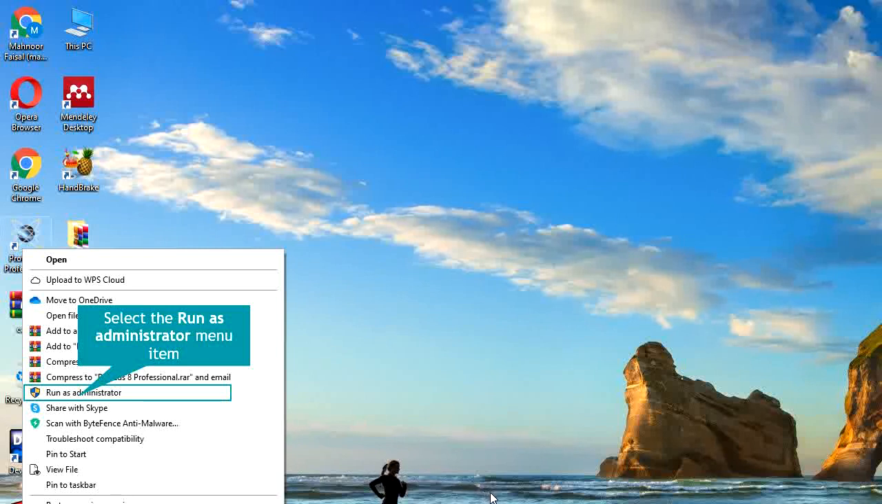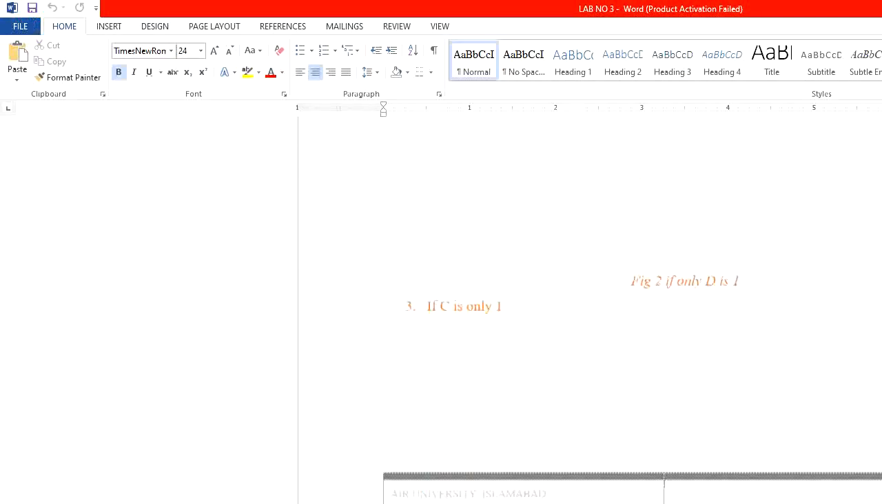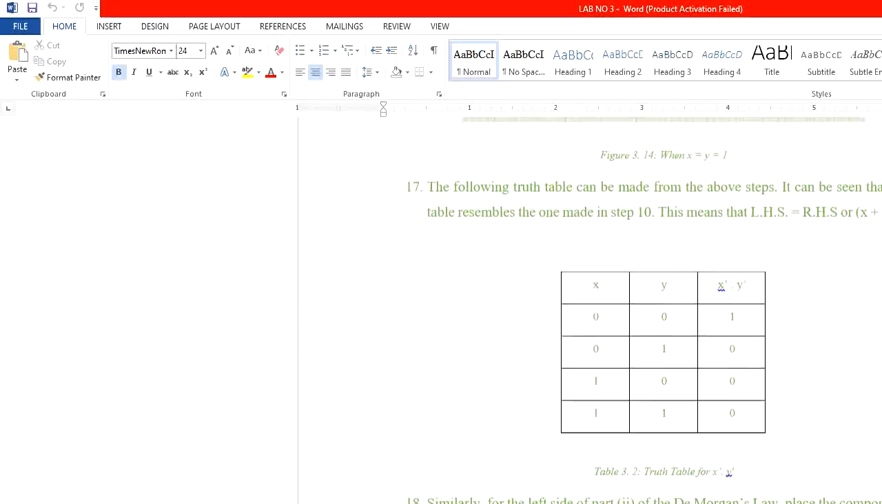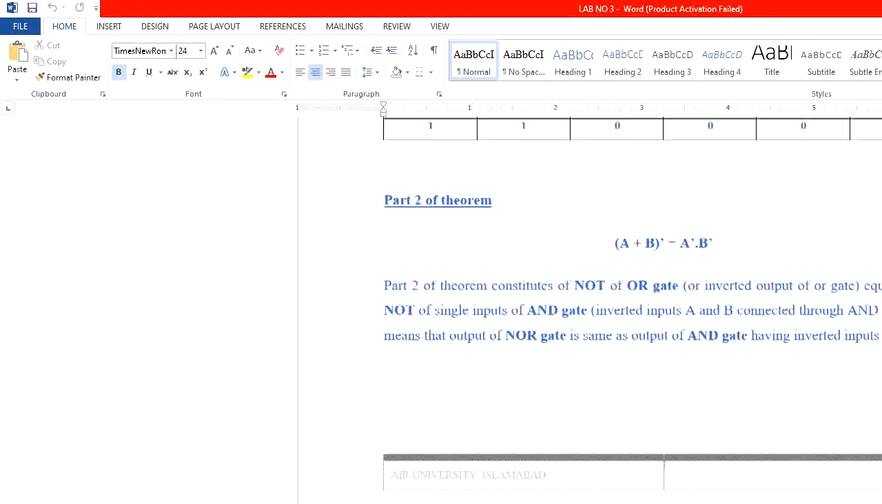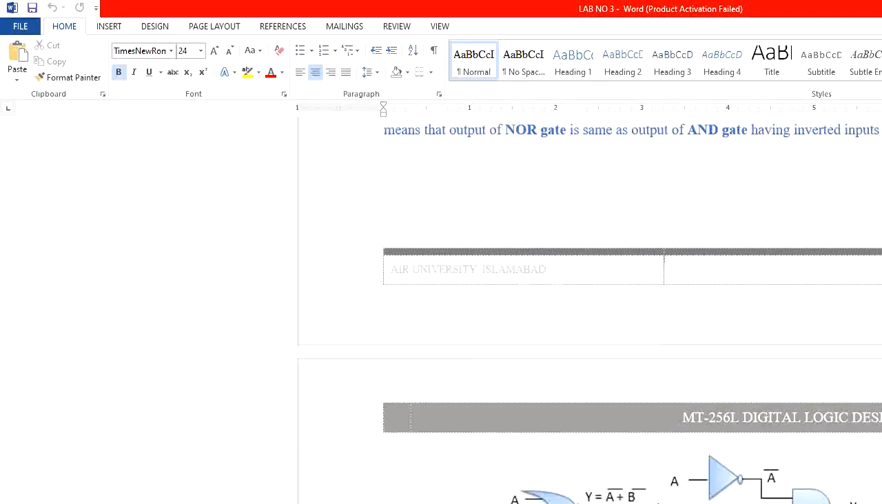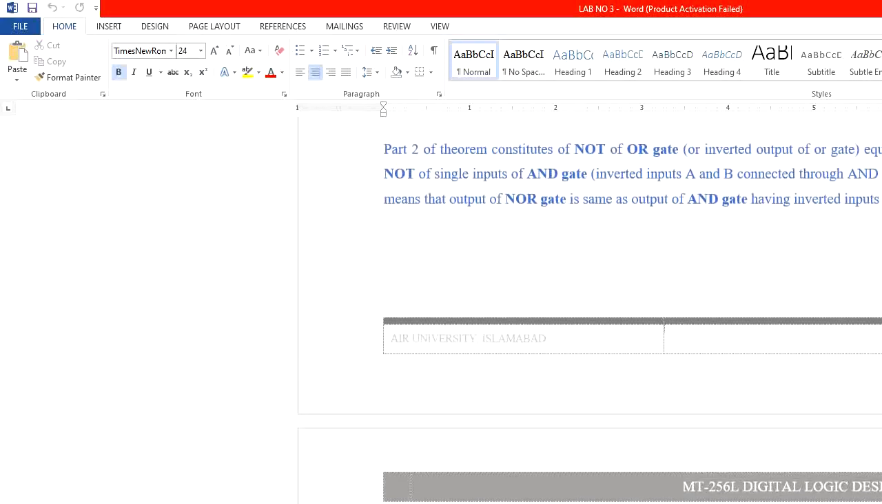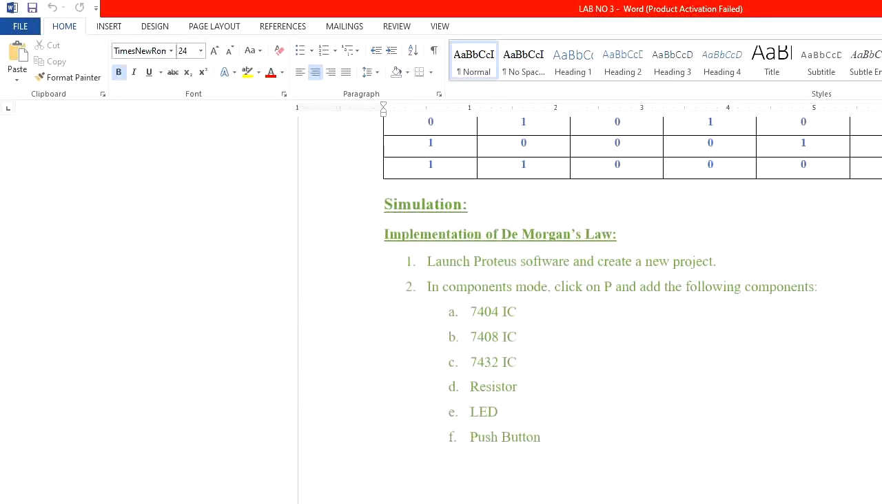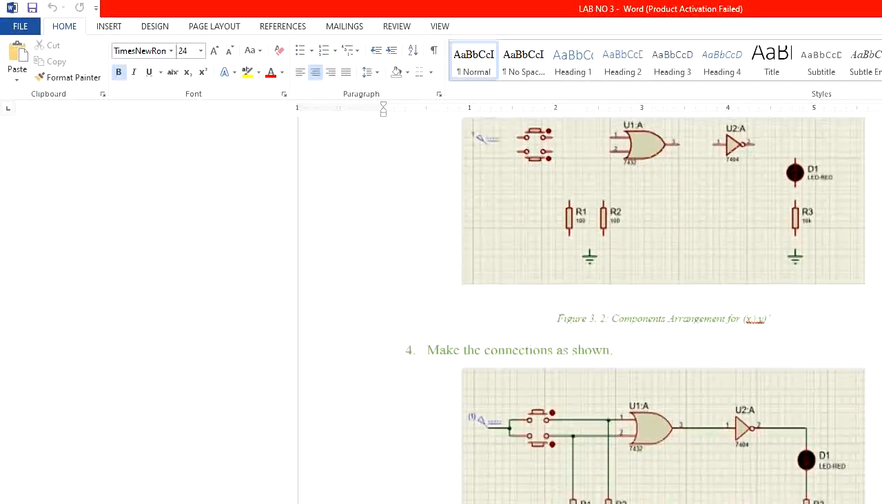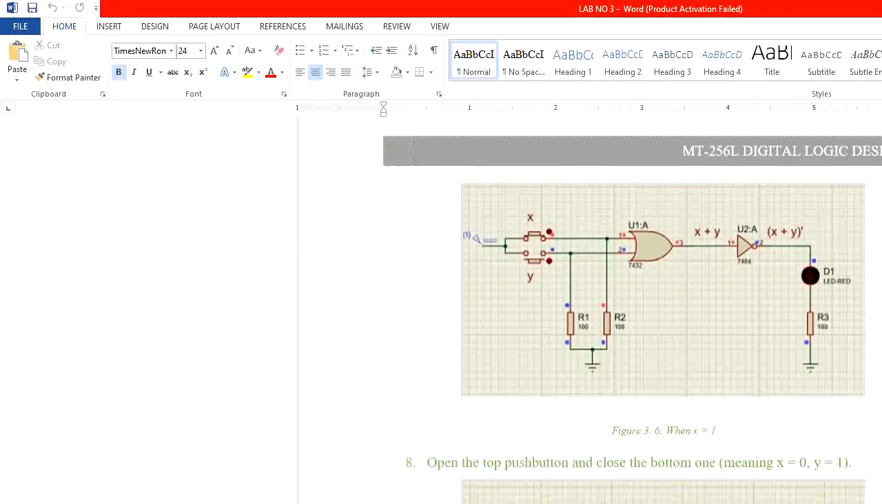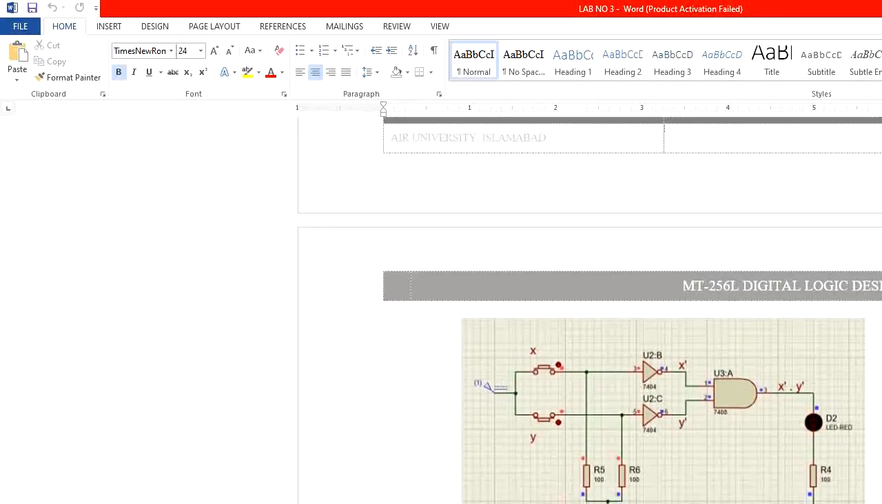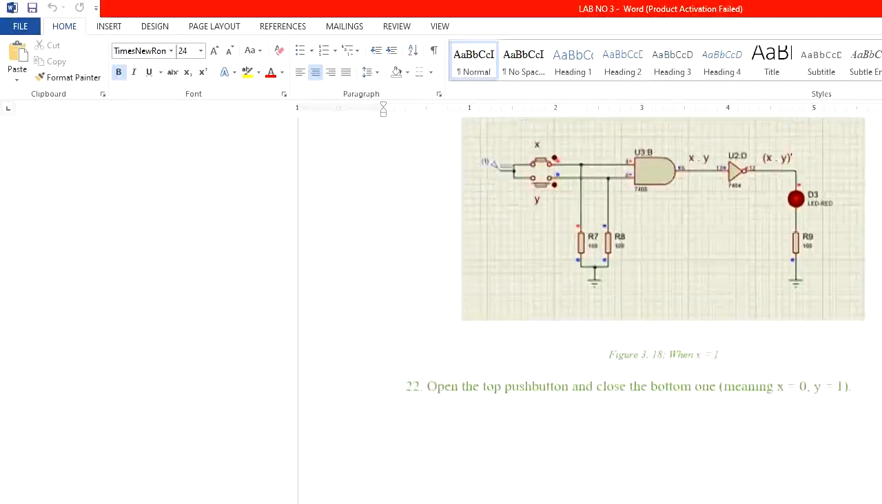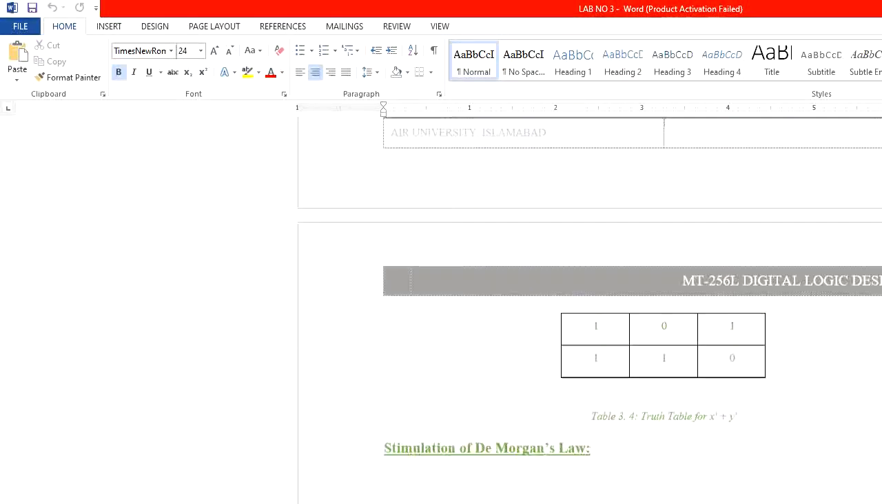So first, in the equation it was x dot x. Oh, sorry for the inconvenience. For the first equation of De Morgan's law, we have x dot y, whole not, equals to 1. So if I created the whole simulation process and everything over here, we can simply check it from